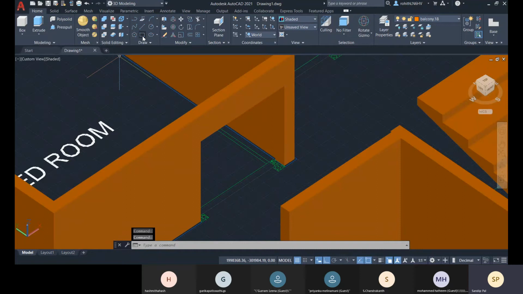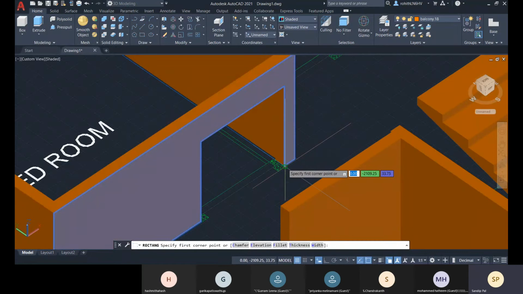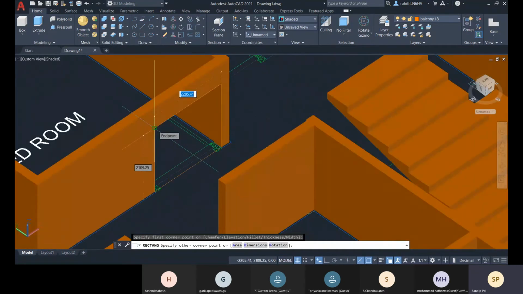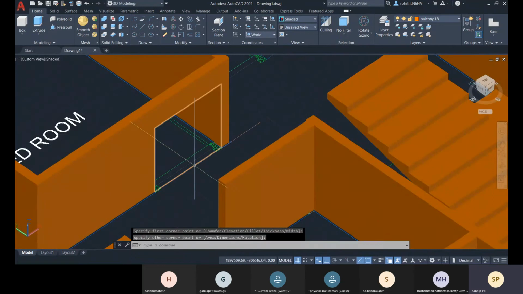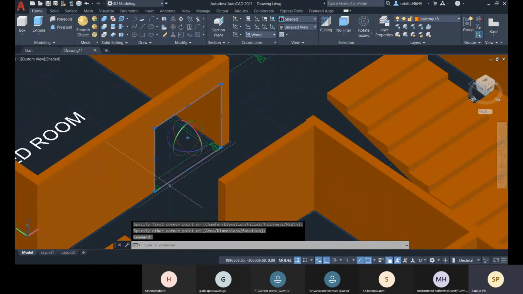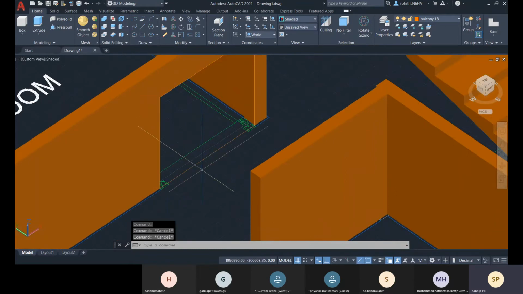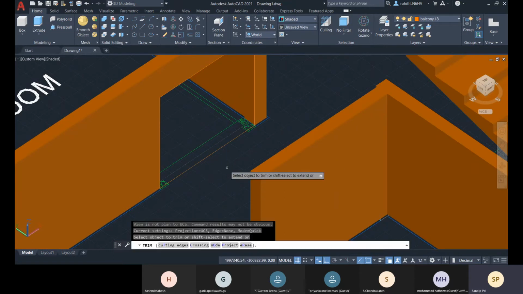Now about the door jam, let me show you that also. So using the dynamic UCS, you create this rectangle there, and about this one, I will be trimming this one. I don't need this segment, so I will choose TR, enter. Only single enter, because I'm in this 2021 version.